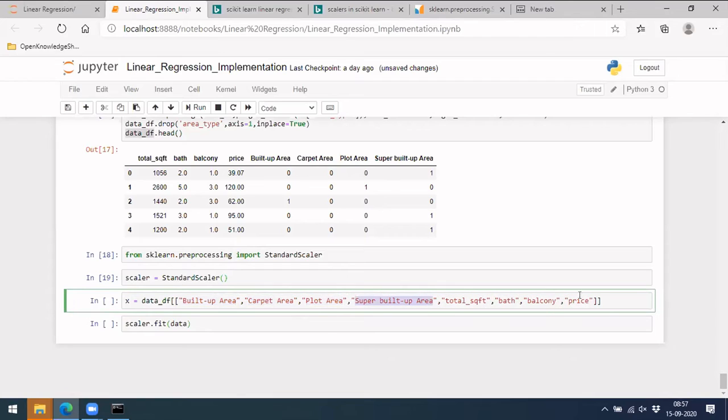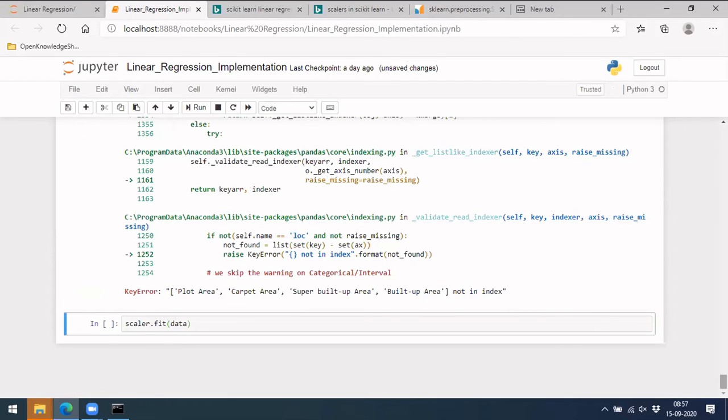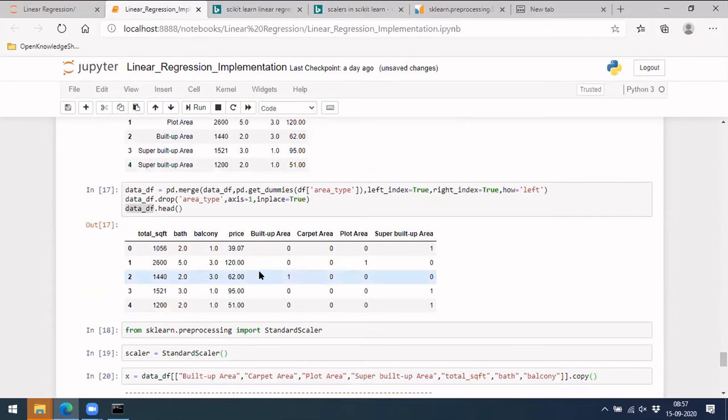We should not take the price, which is our final Y variable that we will be predicting, so let's not take that. Only take this, so we have X. Oh, not in index. Why is it not in index? It's there here. So is there some difference?